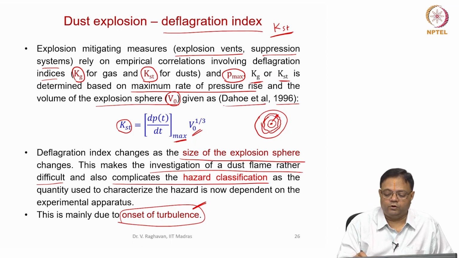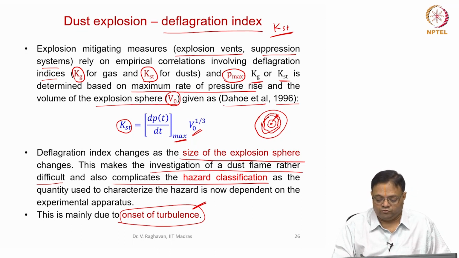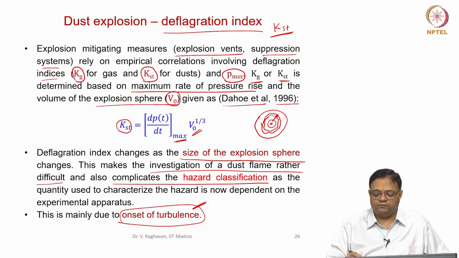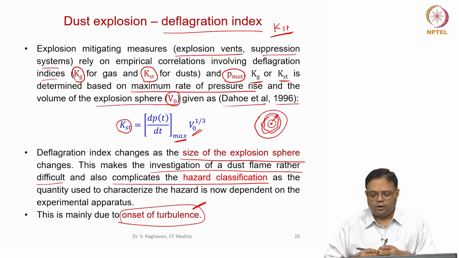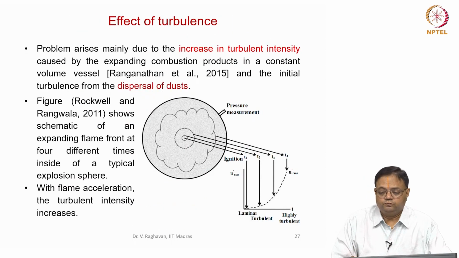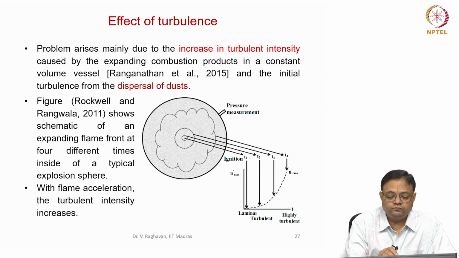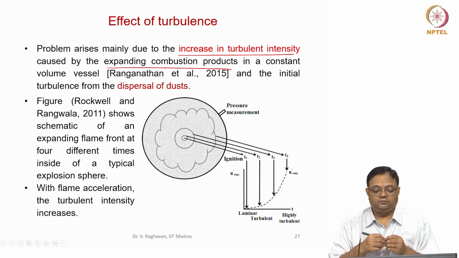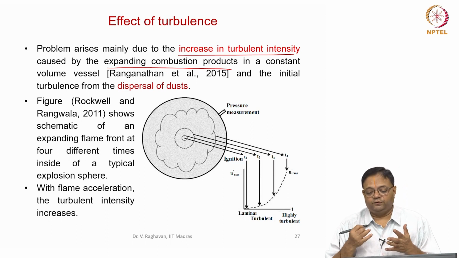The KST value depends upon V naught. As V naught increases, onset of turbulence comes into play, and that gives more complexity for classifying the hazardness of the dust explosion. Okay. So the effect of turbulence, here you can see that increase in the turbulent intensity with the expanding combustion products. That is the reason basically which causes the